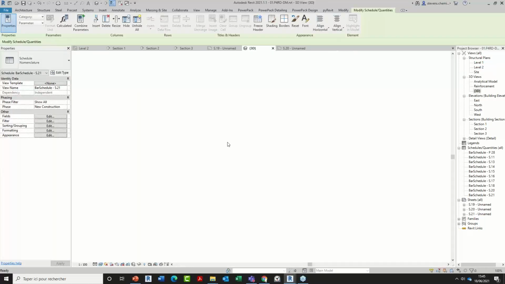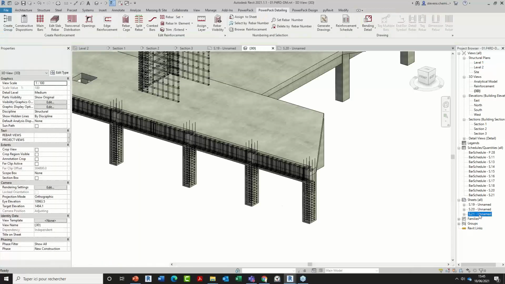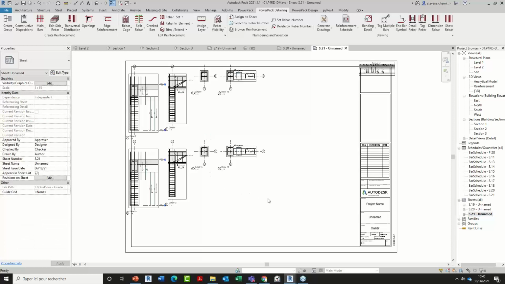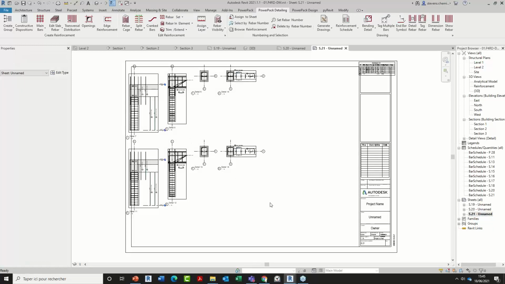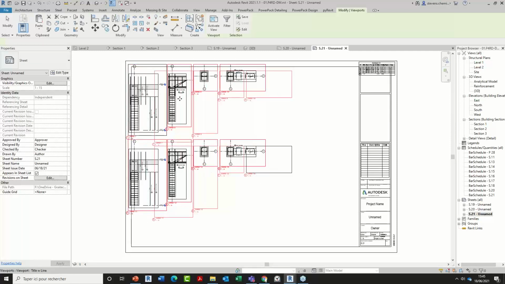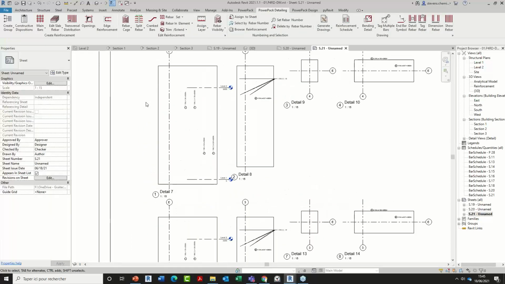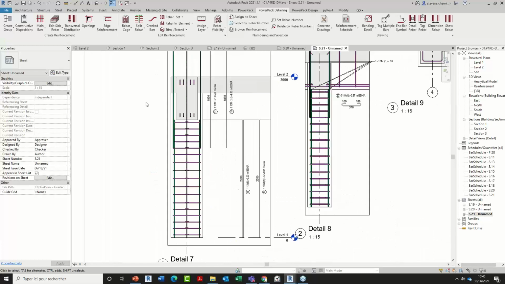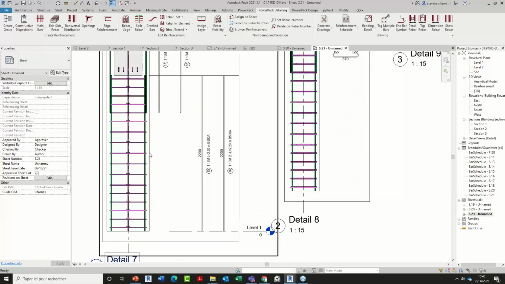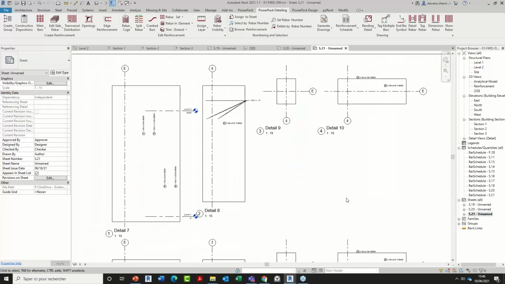And that's it. Normally, I will just open the result to show you. Here's the result, and here we got this. So I will just move those views a little bit to the center. So you see I now have, for my columns, elevations automatically created with a certain scale.